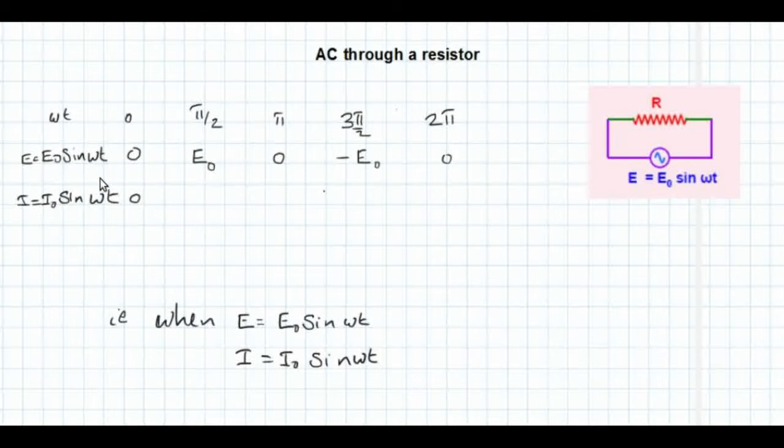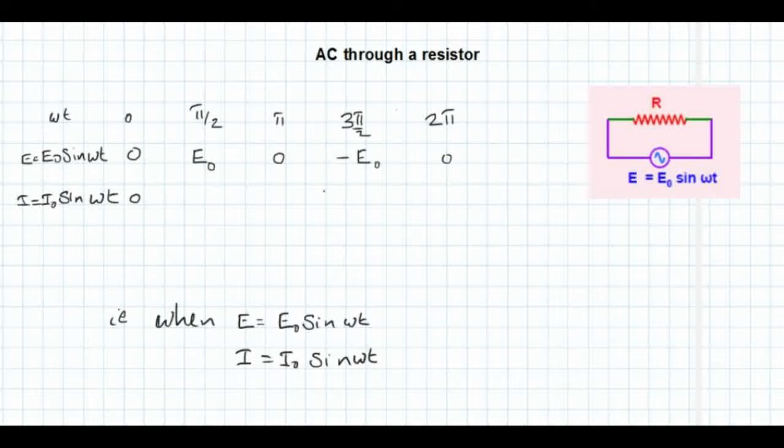So the variation of E with sin omega t will be reflected in the case of current also, because both are functions of sin omega t. Whatever changes with sin omega t in the case of E will be seen in the case of current also. When omega t is equal to 0, sin 0 is 0, therefore 0 into current I0 is again 0. Therefore, the value of current is 0 when omega t is equal to 0.